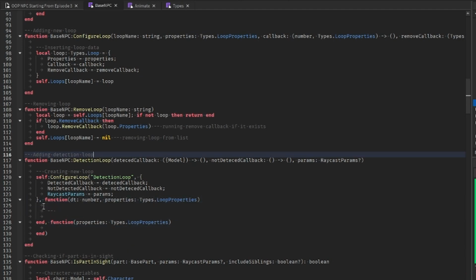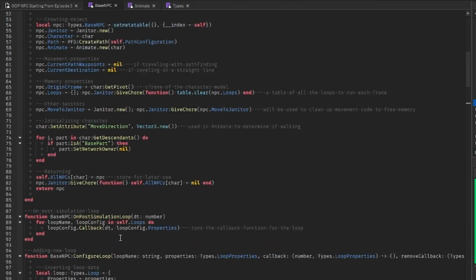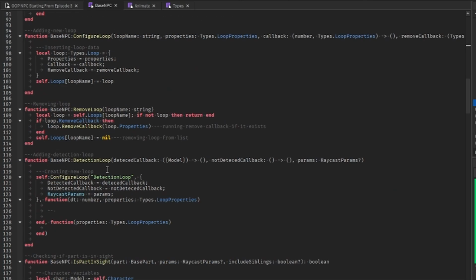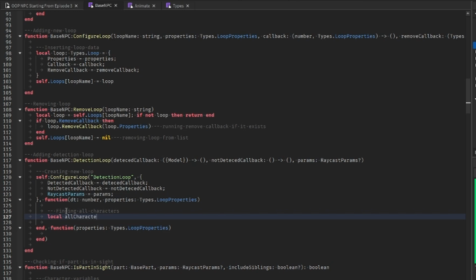If you remember, this is the function that runs repeatedly. It's essentially run on every heartbeat or post simulation, so that's every frame, and this is the function that's run whenever you remove the detection loop. So what we're going to do in the loop itself is find every character that is within sight using this isPartInSight function that we created. Finding all characters, local allCharacters equals